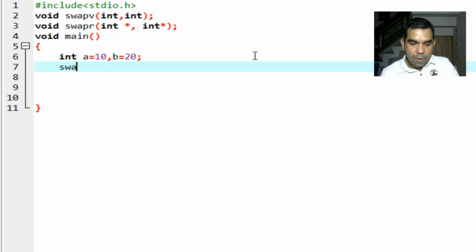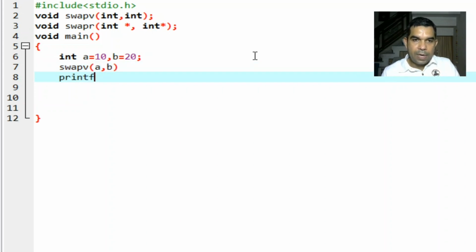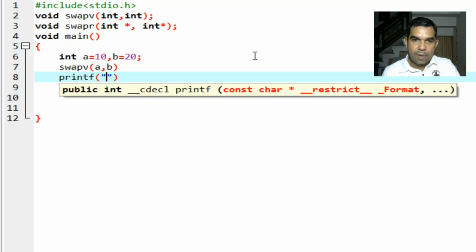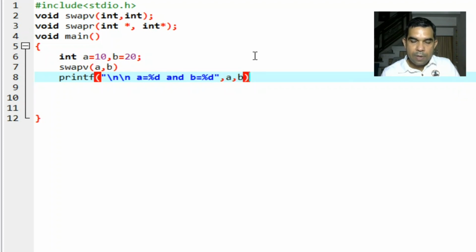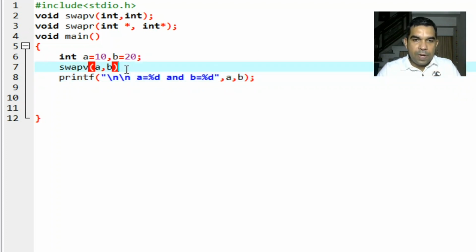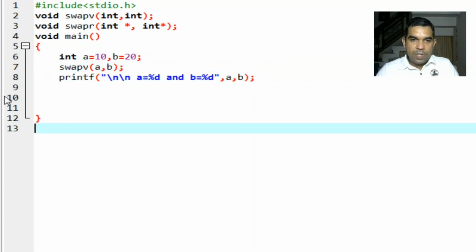Now next step, let's call the function swapv with arguments a and b, and then we will print these values with a new line: a is equal to %d and b is equal to %d, and the values of a and b will be printed. And when this function is called, control will jump to its body.